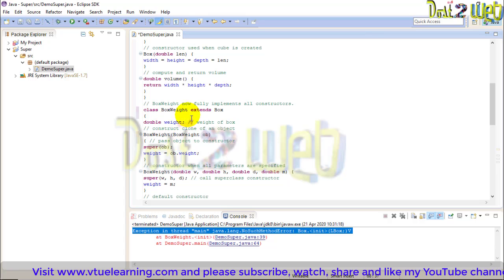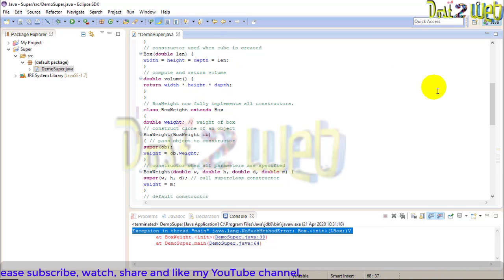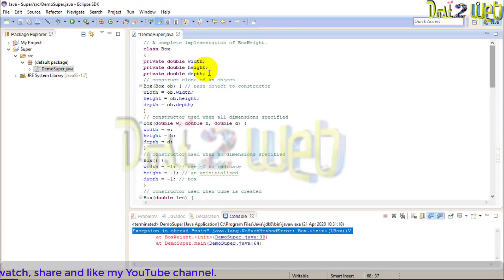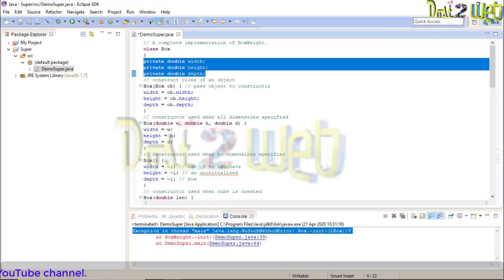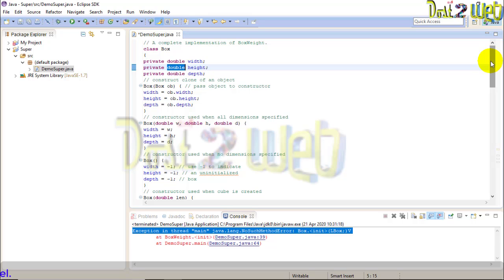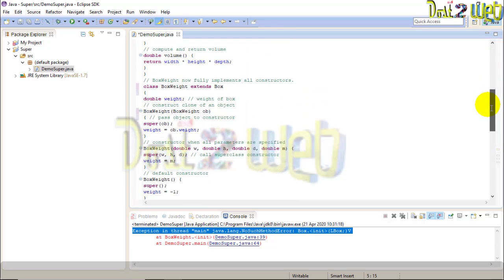So when you want to access it, how will you do it? Because we know very well that in the private access specifier, the data is hidden from outside the class. But we want to access that. So to access that, we have the feature called super. With super you can access.